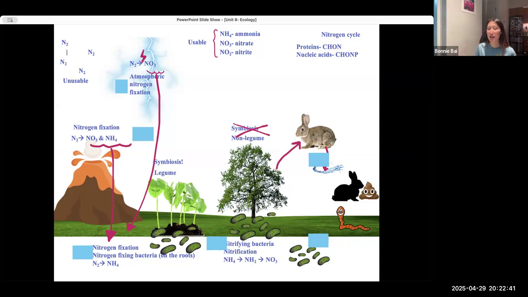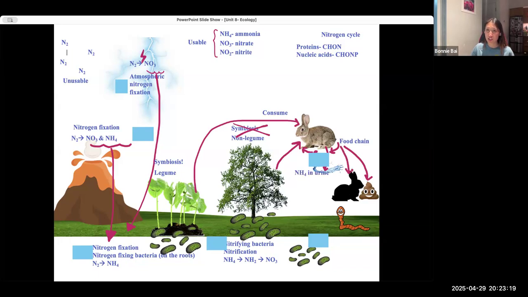But then after the producer step, the rest of us are just waiting to get fed. So we really need to be able to avoid competition and get our food. You're getting your nitrogen from all the things that you eat that contain nitrogen, which is a lot of things. Anything that has proteins has nitrogen in it. You're eating a strawberry, there's DNA in the strawberry, you're getting nitrogen from that. Ideally, you're not licking dirt, probably hard to digest, but there could be nitrogen in that as well. So when food is getting passed through the food chain, there's nitrogen.